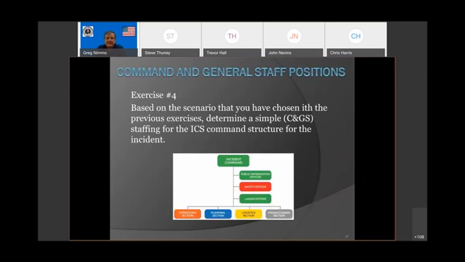All right, exercise 4. What we're going to do is we're going to turn this